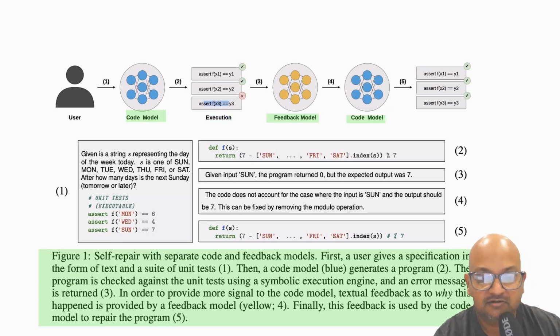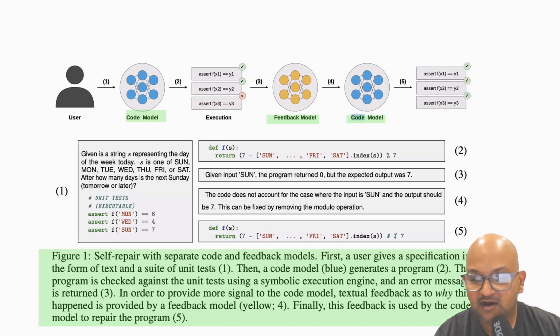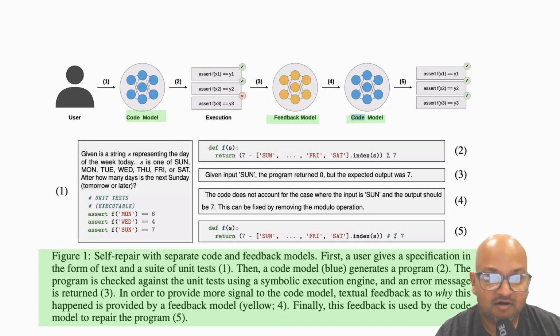And those are fed into a different model, a feedback model. So in the general case, the code model and feedback model could be different. Usually when most people use it, it's the same model. The job of this feedback model is to provide additional explanation for why the initial code suggestion broke. And then that is fed back once more into the code model. And we hope that using the explanation that the feedback model generated, the code model will now produce correct code. So that is the entire code suggestion plus code repair with feedback loop that the authors are looking at in